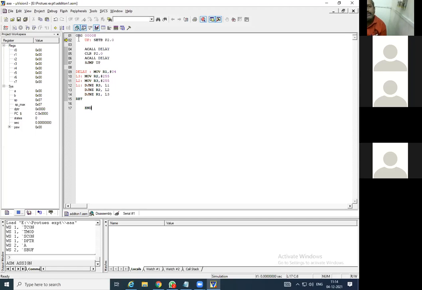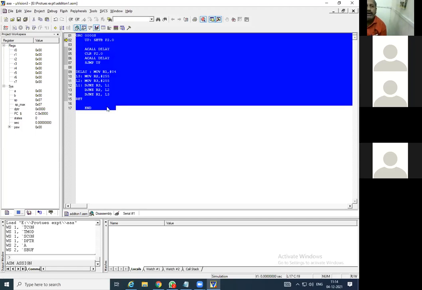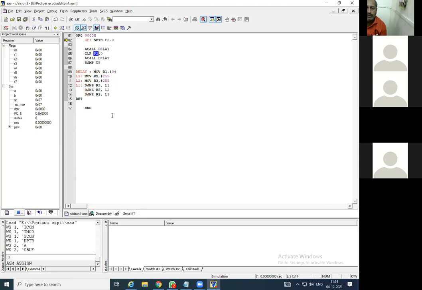So what is required in this program now? We have used port 2. Port 2 should be visible here. So how can it be shown? Is anybody remembering how to observe port 2 on screen? It comes under peripherals. Click on peripherals.